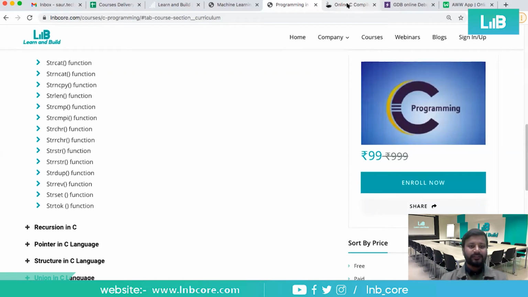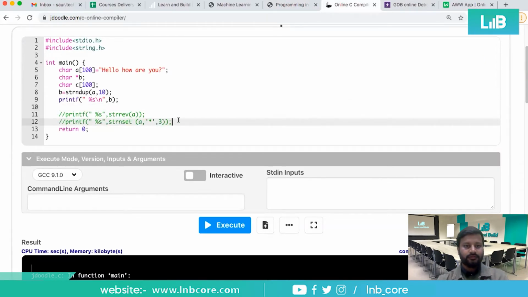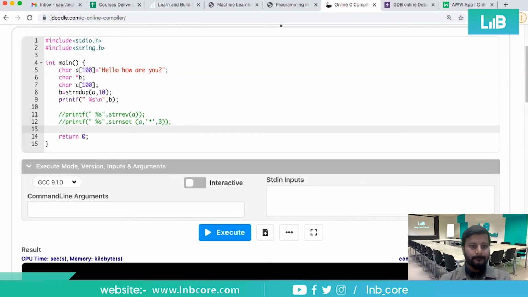If you want to split some specific area based on space, it's like a splitting function. strtok, let me make this thing again. strtok is for printf, double quotes, %s, comma, strtok within bracket, and here it is a comma based on, suppose, a space.